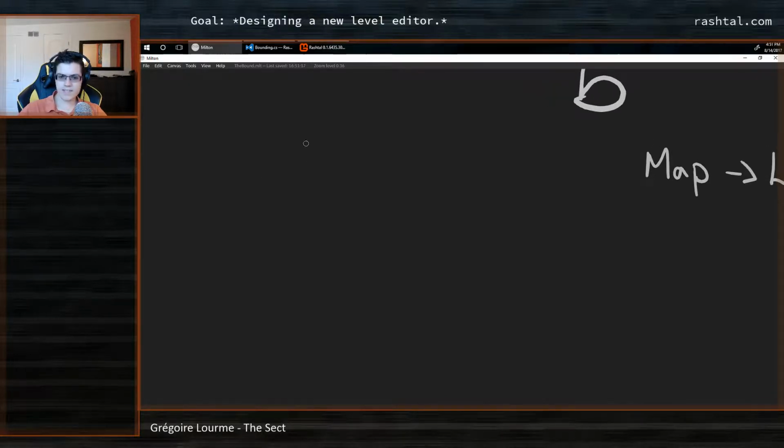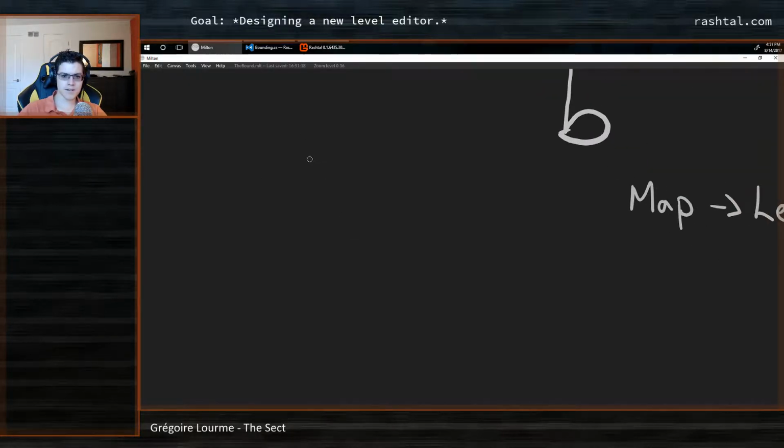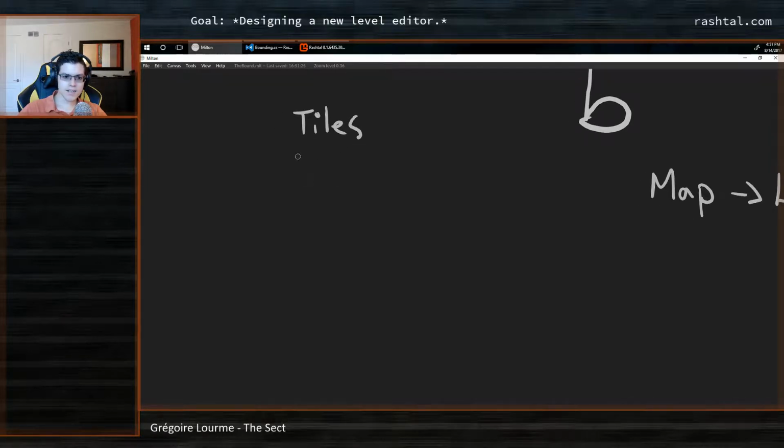So in graphics elements, I have the concept of tiles. I have some islands, extensions,